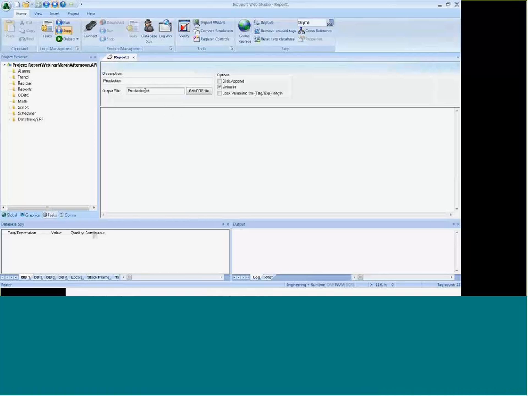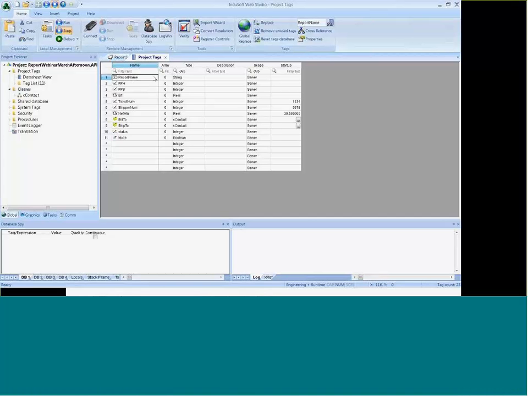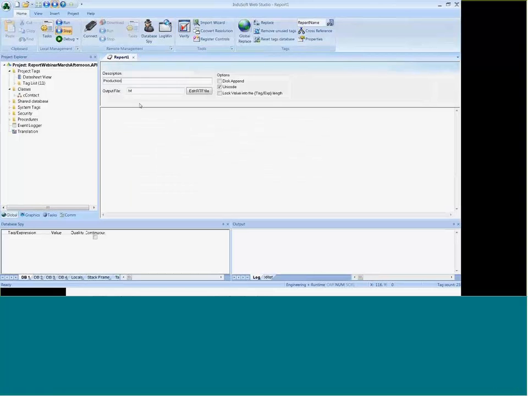But what we're going to do here is replace this with a string type tag. I don't know if you noticed, but when I showed you a minute ago, I already have a string type tag that I created earlier called report name. So inside of curly brackets I'm going to put report name, and close curly brackets. So it's report name inside of curly brackets, then .txt, so it'll add that extension on every